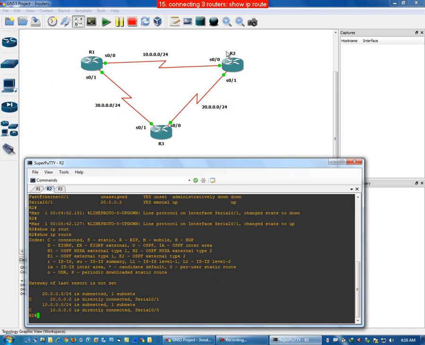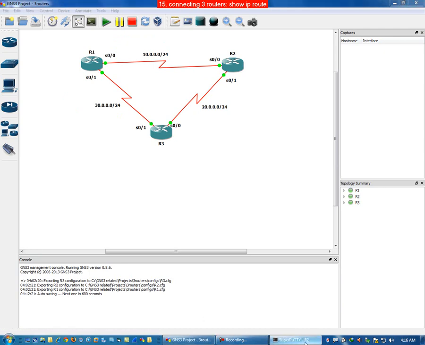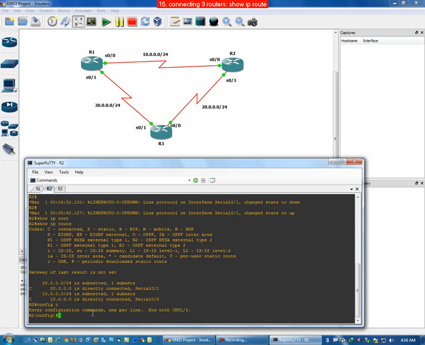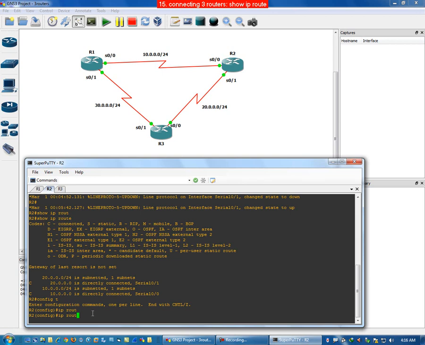So it will be config t, IP route, then the IP address of this 30 network, 255.255.255.0, using S0/0 of R1. This one, its IP address is 10.0.0.1,